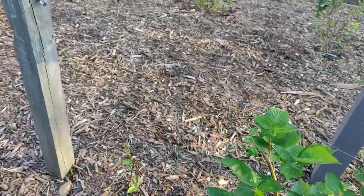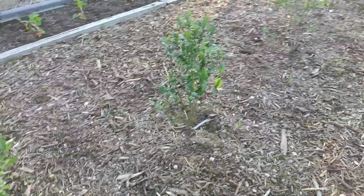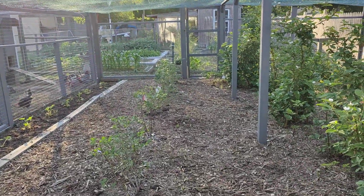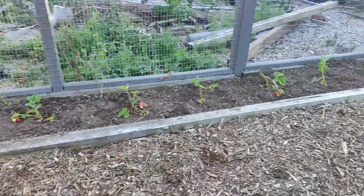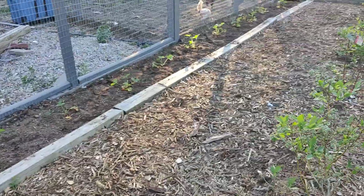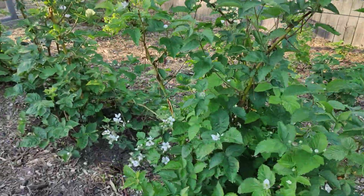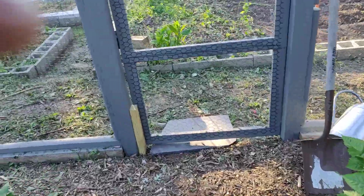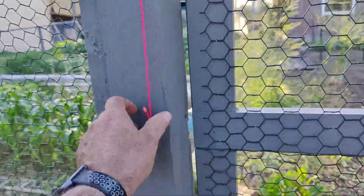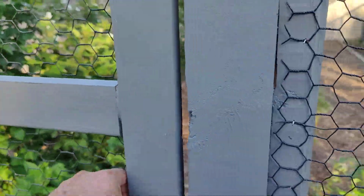Just add a trailer load of wood chips. These things got a ways to go, but I suspect in a few years this will fill right in with blueberries, and the strawberries will fill right in. And this is my berry patch, and this has been something I've wanted to do for a while, and I wanted it big enough so I could walk in and work in here and enjoy picking